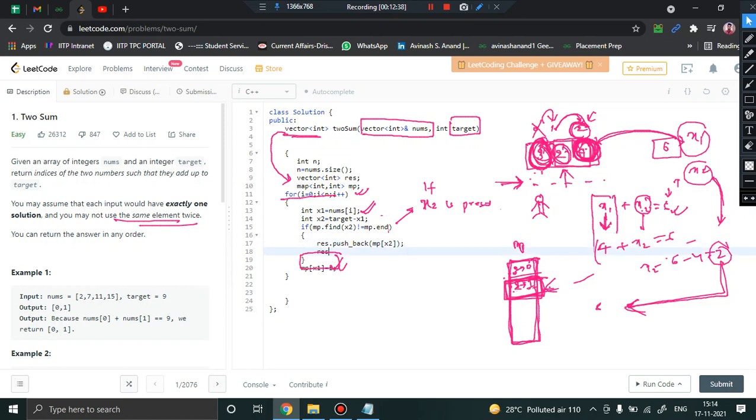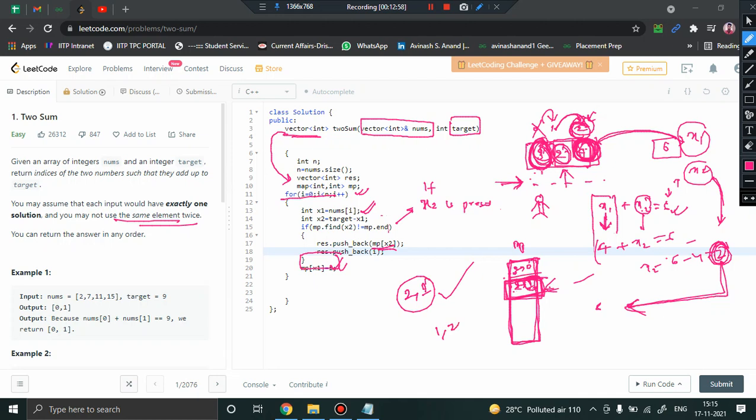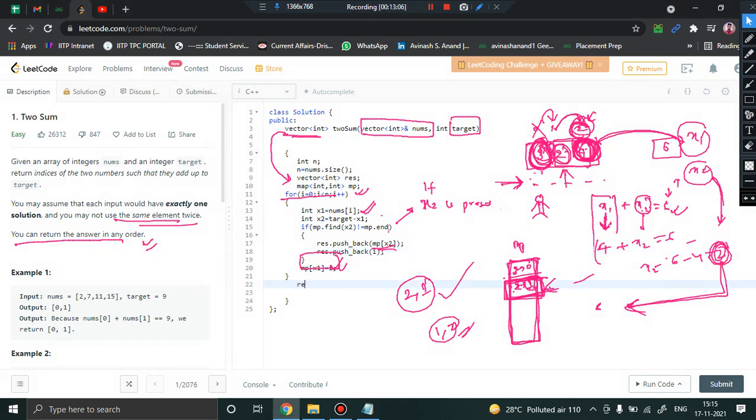And also result dot pushback i, wherever this i is pointing right now. x2 was 2, corresponding to which 1 was stored. So either 2 comma 1 or 1 comma 2, whichever, the solution is correct, because they have said you can return the answer in any order. Now simply return at the end my result vector.